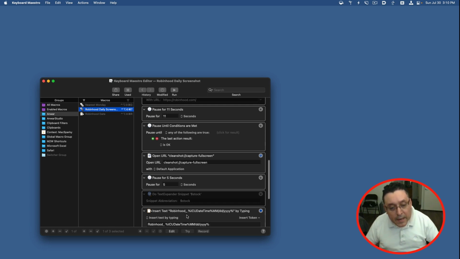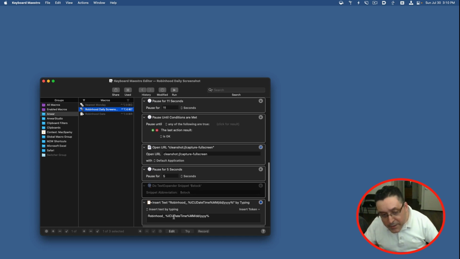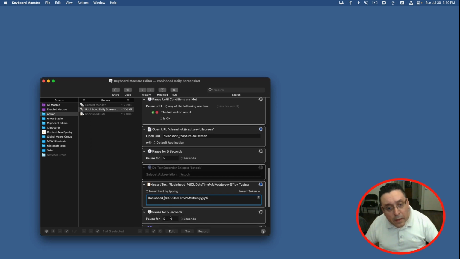So I have that, and that actually can be fixed. I think we can remove the space right here. So that works, and then there's a pause, and then it simulates the keystroke,